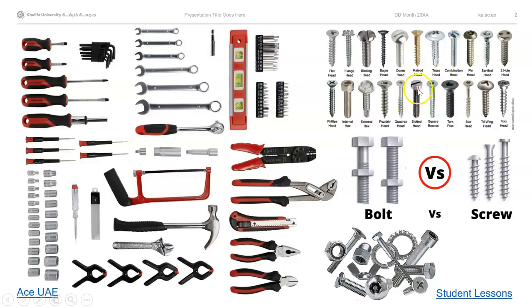You'll notice some have a flat blade type of insert there. Some have a little square recess there. This one's called a truss end. The different kinds of things, okay? Phillips is somewhere here. I don't know where I'm missing Phillips. There's a Phillips head right here. So different kinds of the caps or the heads, but also the different kinds of threads, and different kinds of